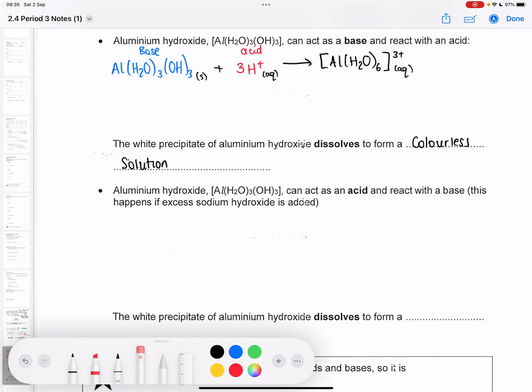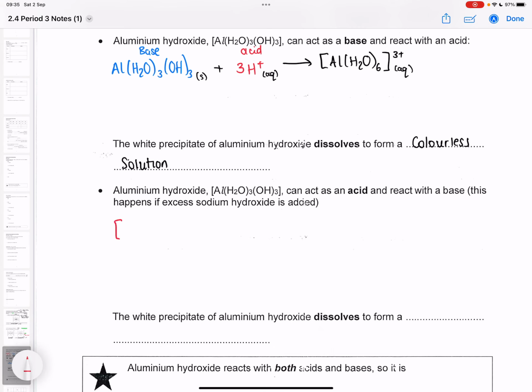If we then say, well, what if aluminium hydroxide acts as the acid? How is it able to do that? So this time I'm going to have it as the acid in red. I've got the 3 waters and the 3 hydroxide ions, remembering that that is a white precipitate. And this time, if I add hydroxide ions,